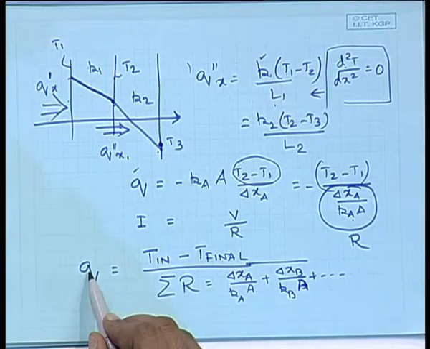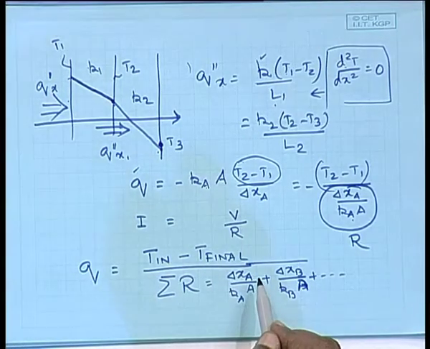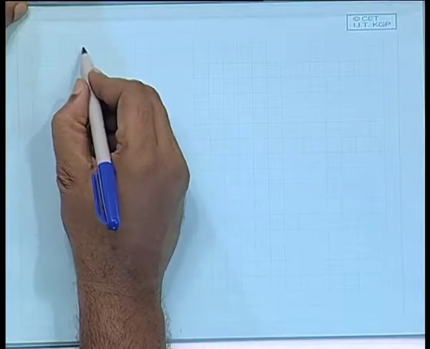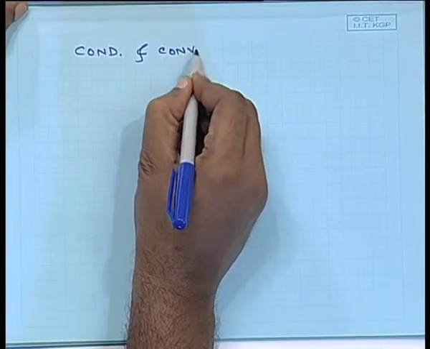So the heat flow is going to be the potential difference divided by the sum of all resistances. Any question? If you have a system in which you have conduction and convection combined,